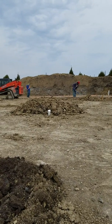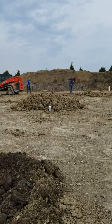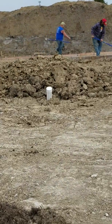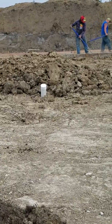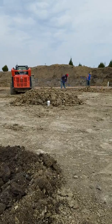But the trenches are there for the footers around and through the center of the basement. That white pipe right there is one of the cleanouts we installed. Somebody backed into it with a piece of equipment, so we're gonna have to repair it, but that's where the trench is that we dug for drainage. The drainage goes all the way up to the wall,